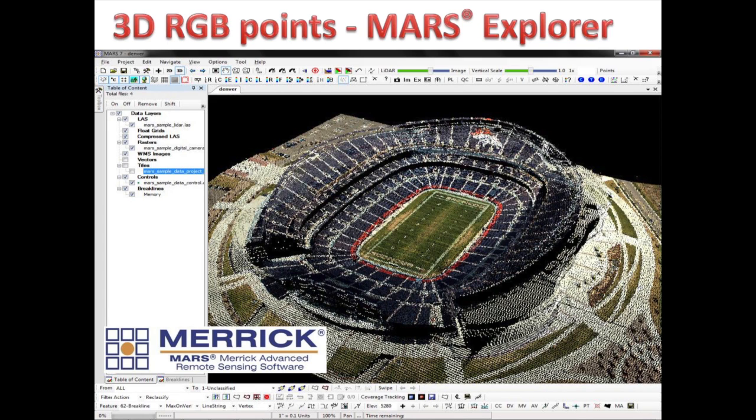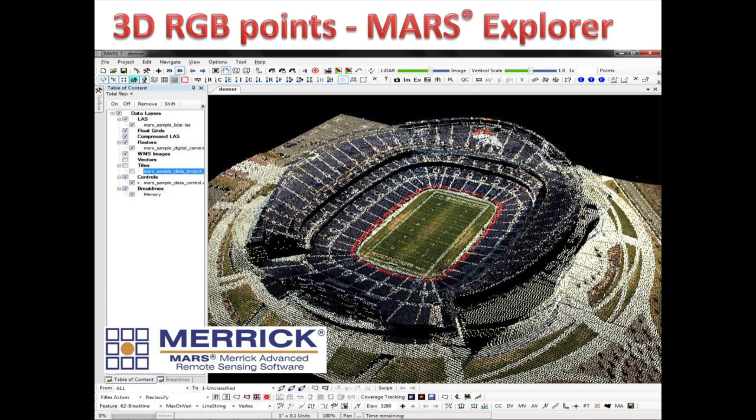It's becoming more and more popular to fuse LiDAR data with other sensor technologies. It's almost standard today to acquire LiDAR data with a camera, as long as the acquisition conditions are correct, time of day, that kind of thing. And in this particular case, what we see is a 3D point cloud, but it's being color-coded with